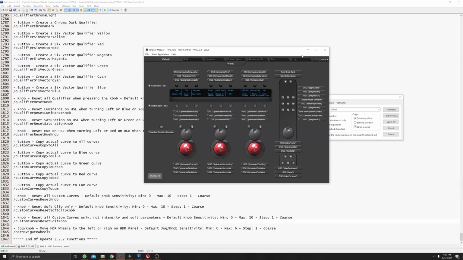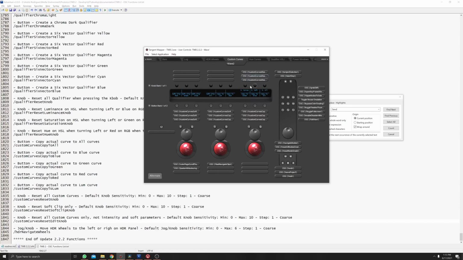Another important update is on custom curves. To add some new functions called copy to loom, to red, to green, to blue, and to all, I had to move the reset buttons, which were before here on the buttons. Now they are here on knobs. So you're gonna press these knobs here if you want to reset curves, reset the soft, or reset all the custom curves.